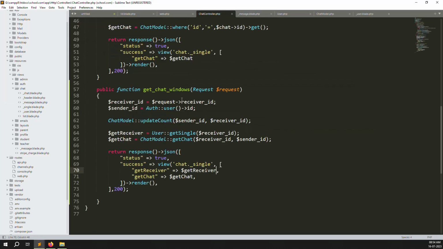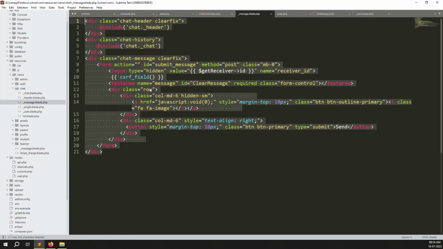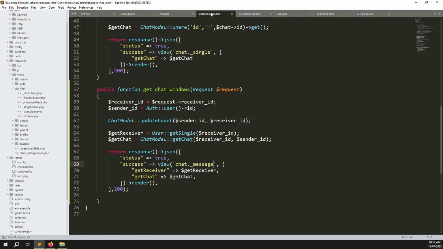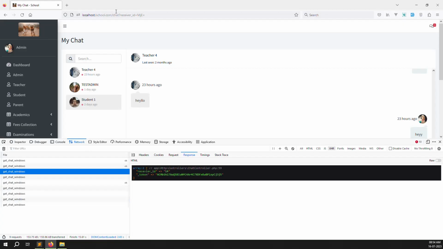Okay, so just change it to message chat dot dash messages, you can see it. Okay, so this file we are calling, so everything I can get. The reason I divided it before is that I need to use it directly. Suppose you are thinking why he divided this, but the main reason is that we can get the direct data. Okay, so just go back again, refresh the page,